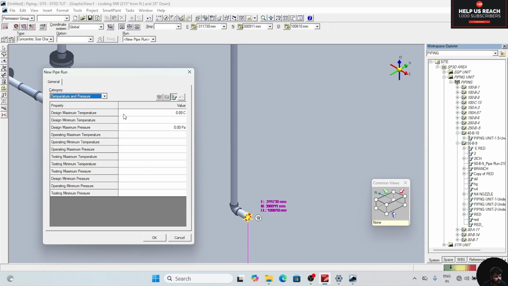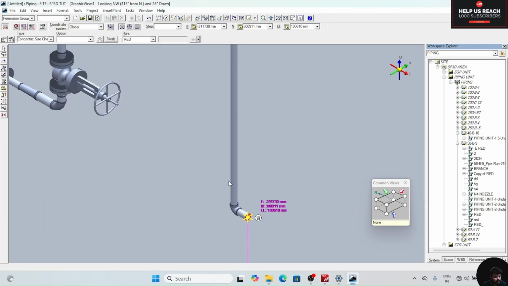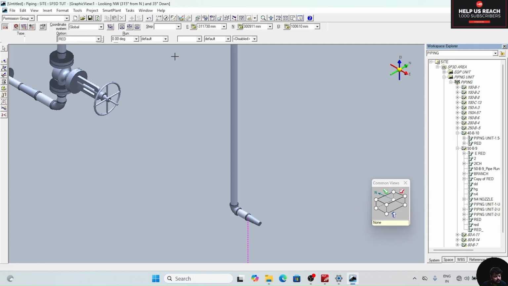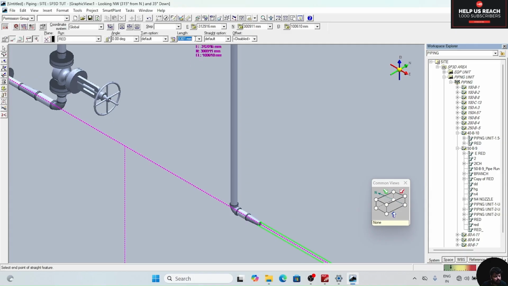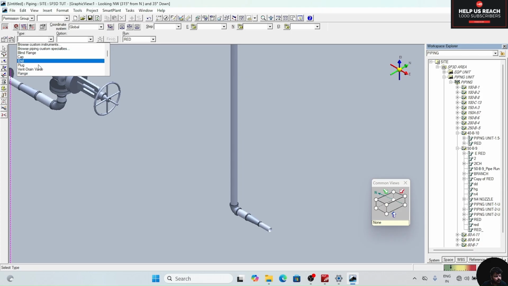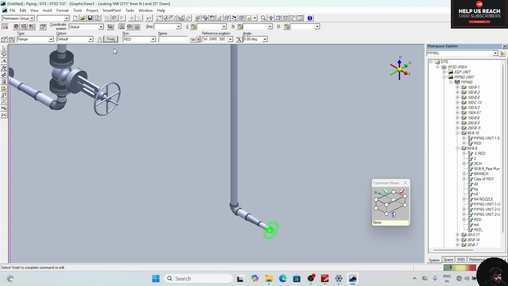Drop down this, temperature pressure 00, click OK, click on finish. Now again root pipe, 100 mm spool, click anywhere on the screen. Now insert component, flange, click on finish.